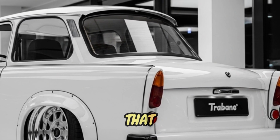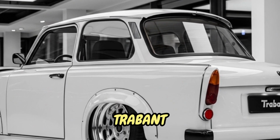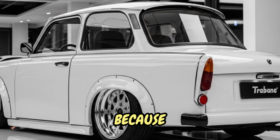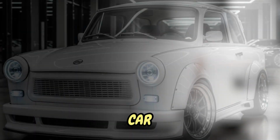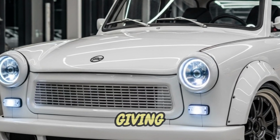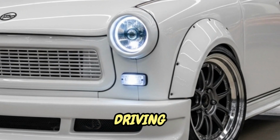Expect full-width LED taillights, a minimalist bumper, and a clean hatchback layout that improves practicality. The compact dimensions would make the new Trabant ideal for crowded cities, while still offering enough interior room for small families. Under the hood, or more accurately, under the floor, the upcoming Trabant 601 is expected to use a